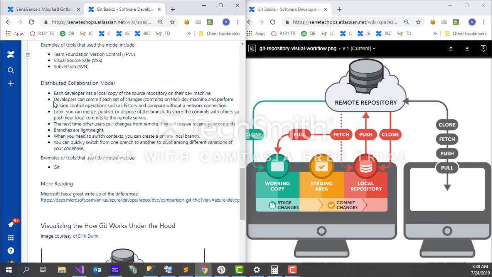Developers can commit each set of changes on their dev machine and perform version control operations such as viewing history, comparing your current version with a previous version. All can be done without a network connection. Later, when you're ready, you can merge, publish, or dispose of any branches that you have locally that you've created